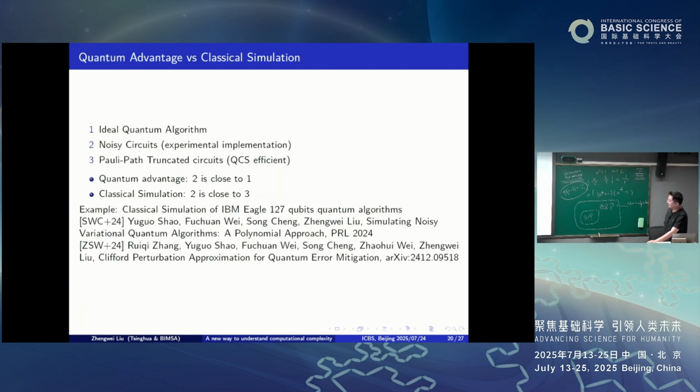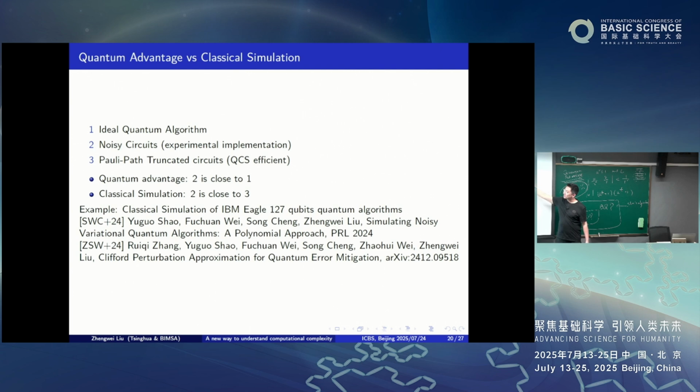So now, after we have this algorithm, we can use it to simulate many interesting circuits to see whether they have classical simulation or not. Like Shor's algorithm and many other algorithms. Essentially, we have some theoretical guarantee saying if the algorithm has no noise, like Shor's algorithm, then it can solve some hard problem. But in the real situation, the algorithm will have noise. And once we have noise, then it's not that clear whether the quantum advantage is still true.